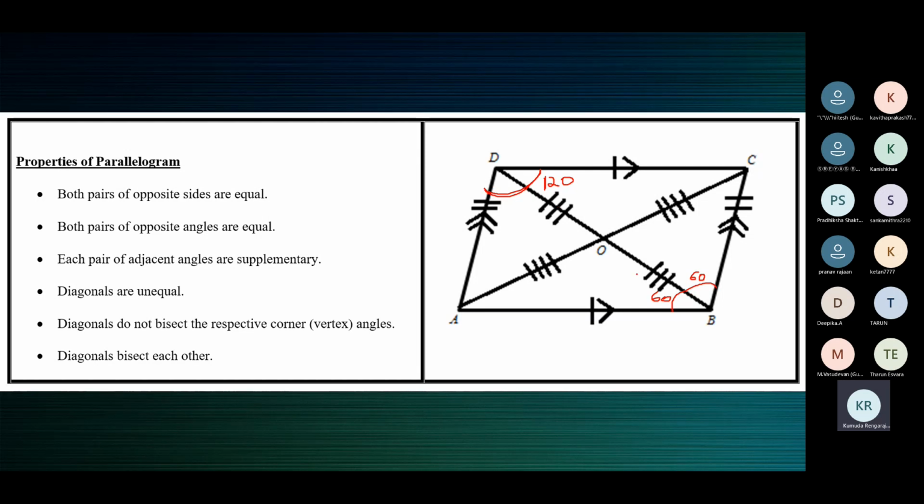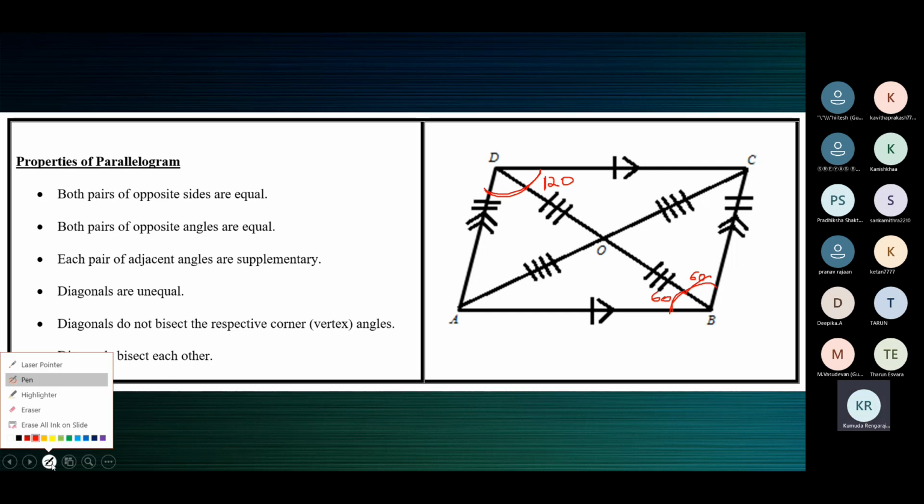That is why I marked 60-60, to deceive you. Opposite angles are equal, but it cannot be 60-60. It can be 70-50. Now the opposite angle B will be 120, but it should not be 60-60 because the diagonal BD does not bisect angle B or D. I should not be confusing anybody here. If you have not understood, please ask me now. You're right, opposite angles are equal. Correct. But it should not be 60-60. That means BD is bisecting angle B, which is not true in the case of a parallelogram.